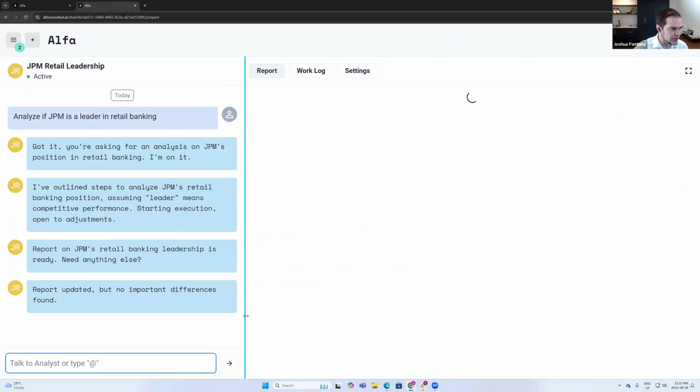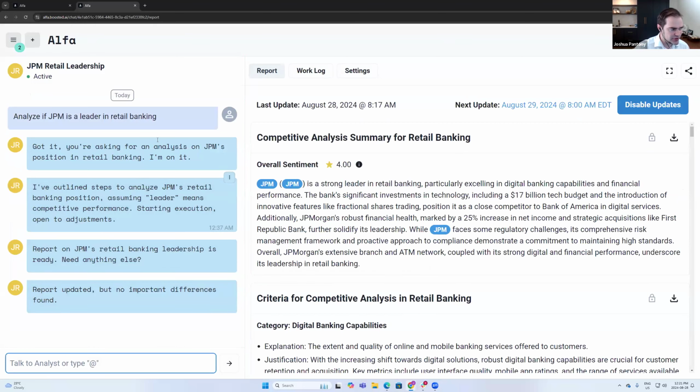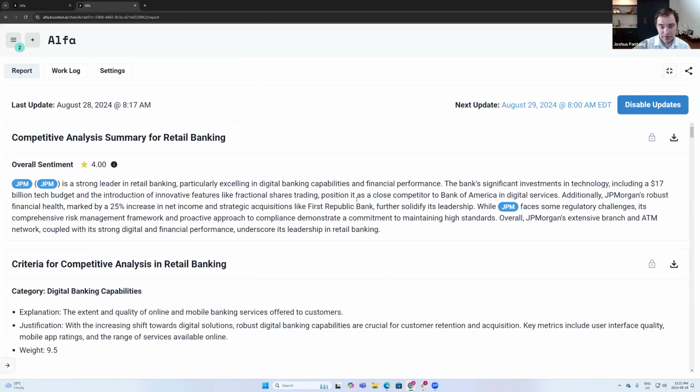Here's an example of an automation that's doing a similar kind of positioning analysis. This is looking at JPM's positioning in retail banking. But instead of the Dexcom one that was doing it from more of a quantitative standpoint, this one's thinking about it from more of a fundamental standpoint. So kind of the other powerful thing about this technology is, as you engage with it, as you use it more, it's actually going to learn a little bit more about your tastes, how you think about the world, what your perspective is. And that learning can be really, really powerful.